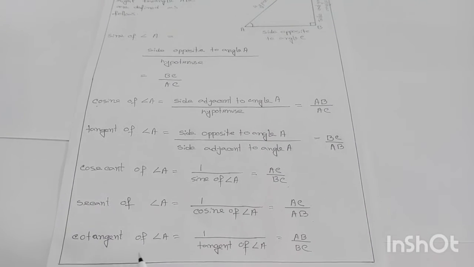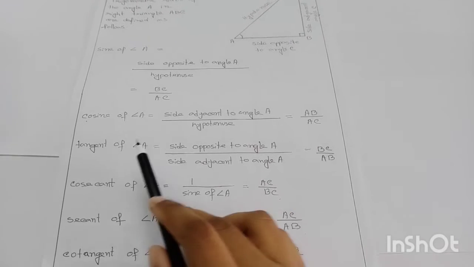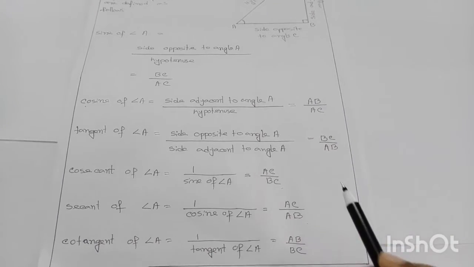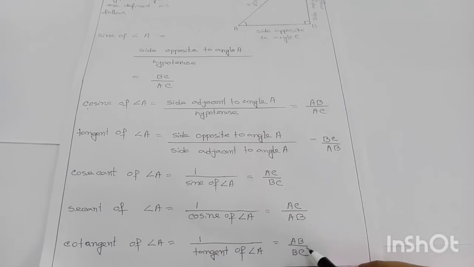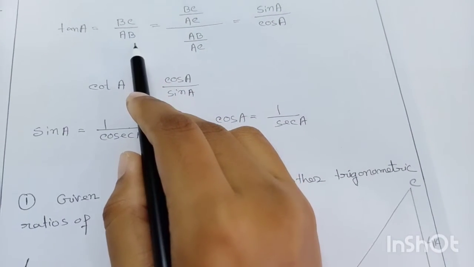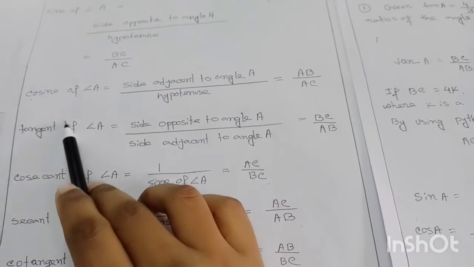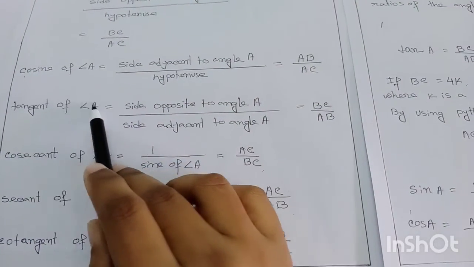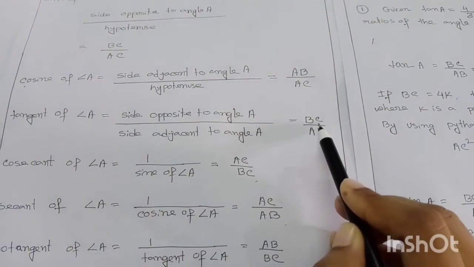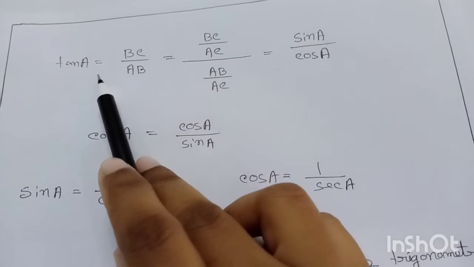And cotangent of angle A equals 1 by tangent of angle A. Tangent of angle A is BC by AB. So just the reciprocal of this, it will be AB by BC. Tan A equals BC by AB, we have already seen it. Here tangent of angle A means tan A. Tangent of angle A is BC by AB. So that's why I have written tan A equals